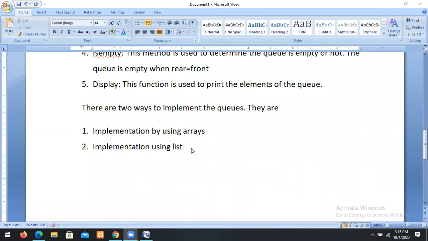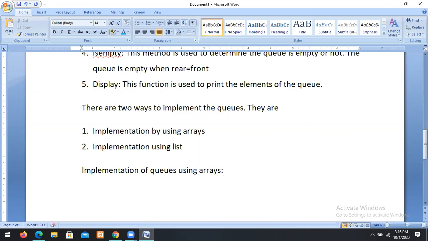Now we go for implementation by using arrays. First we go for implementation by using arrays.